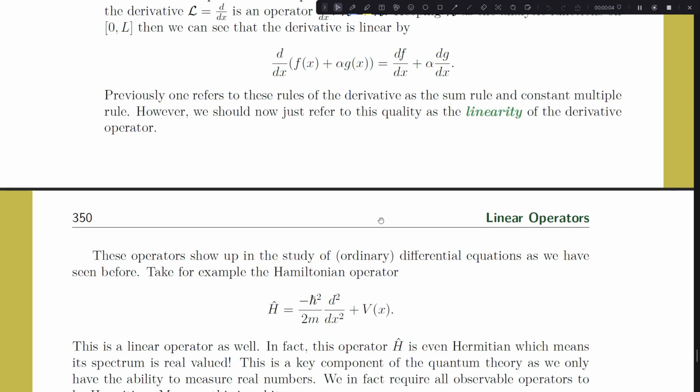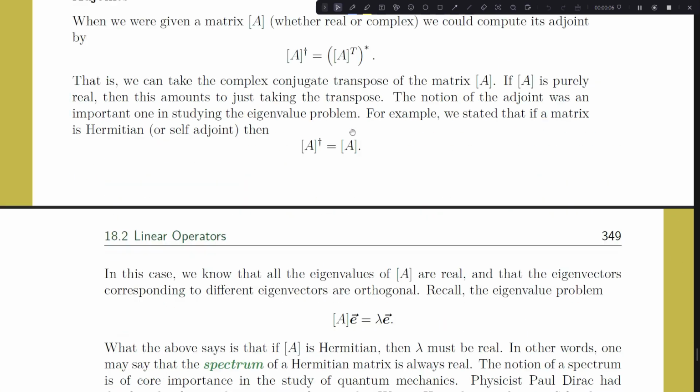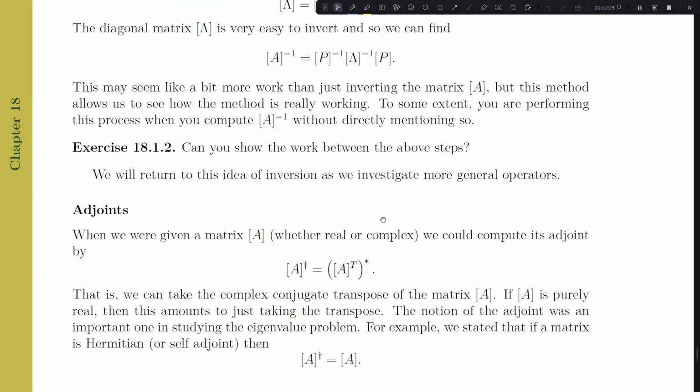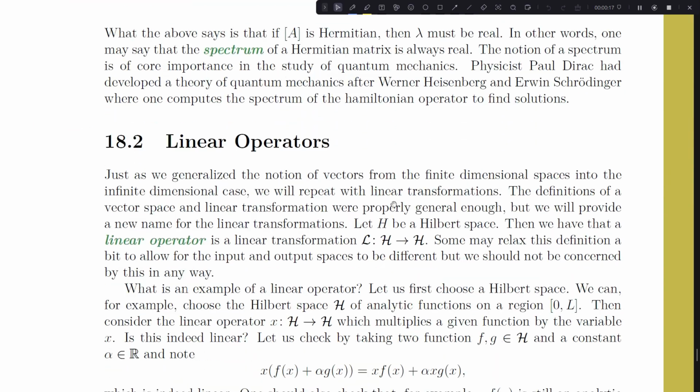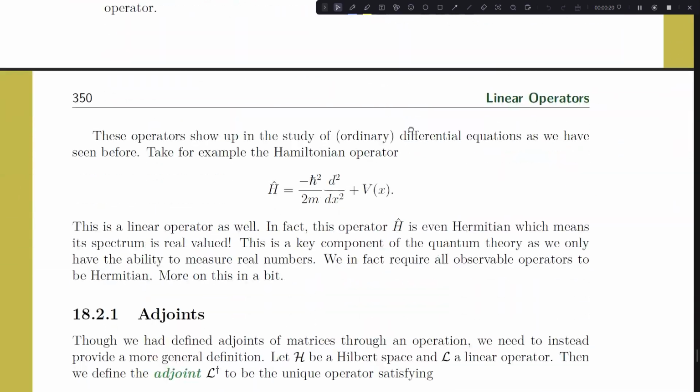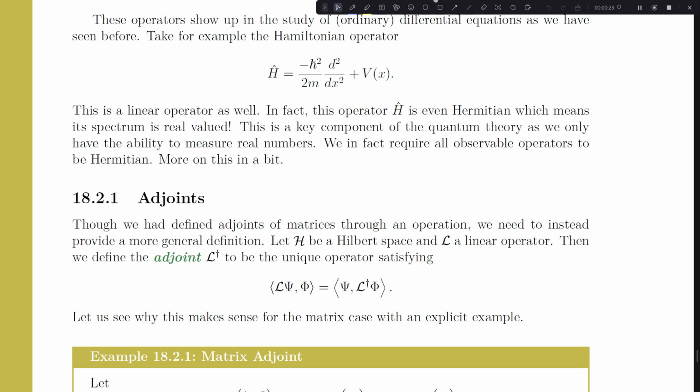Okay, so then jumping ahead, one section ago we talked about adjoints, matrix adjoints, and we decided that the matrix adjoint was the conjugate transpose of a matrix. The question is, do we have a similar language for linear operators? And we certainly do. So let's recall really quick